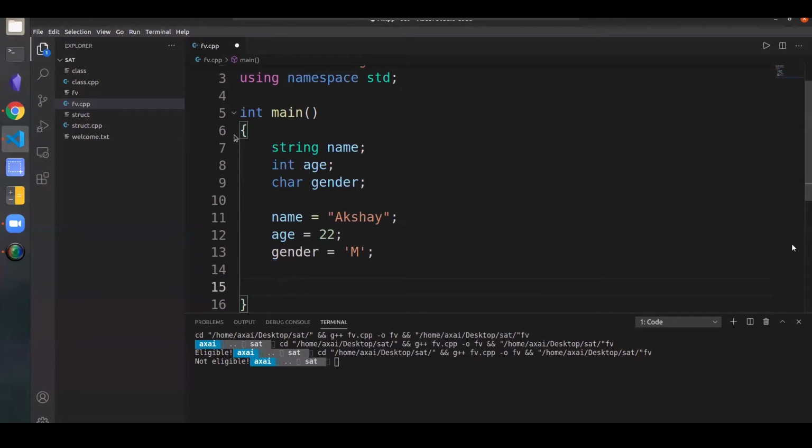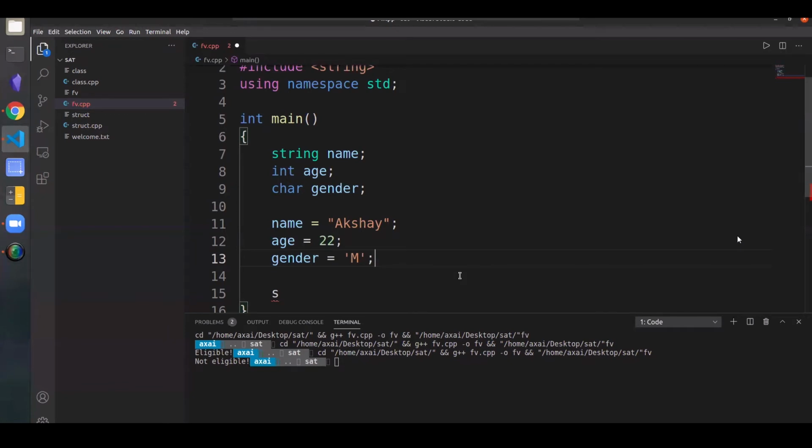So I think that would be enough if you wanted to store just a single person's details. If there is no other person that you want to consider, this would be enough. But then let's say you want to store another person's name. If you wanted to store just one person's details, you can simply declare three variables and then store whatever you want. But let's say you want to store another person's details now, right?